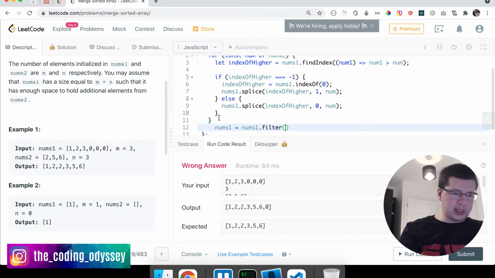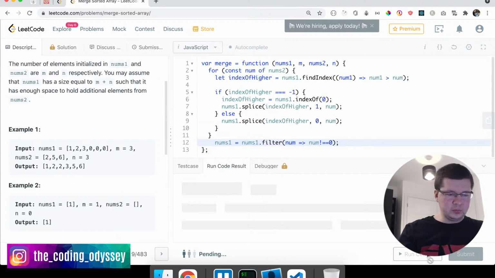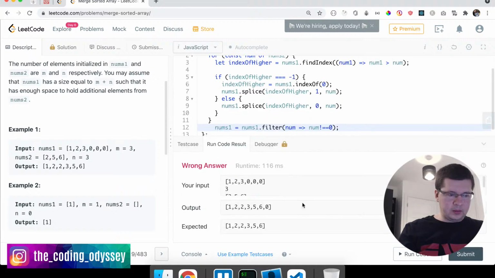They probably won't allow it, but let's see. Num, and we return num is not equal to 0. Let's see. Oh, they're not allowing us to change